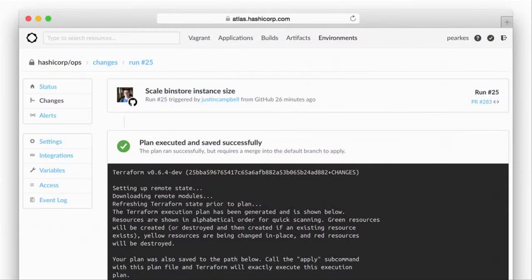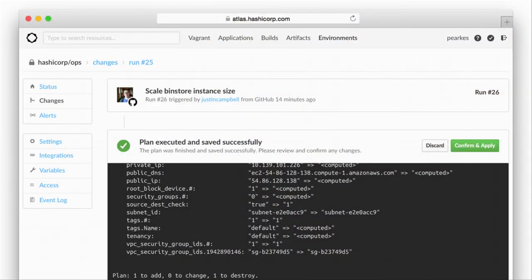You could see that this came from GitHub. If you look at the link on the right, it actually links to the pull request. This will be in history forever, so you could actually see where this came from and how things work. The plan output is down here below, so you could see that, and you'll notice that there isn't a confirm and apply button. You can't apply this because it's in a branch. It's not applicable. We just want to show you what would happen if you merged it.